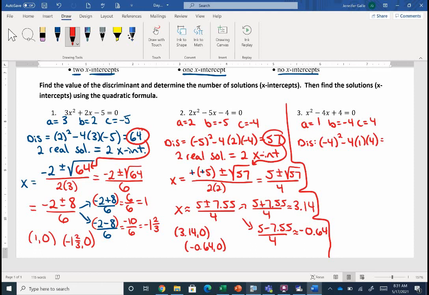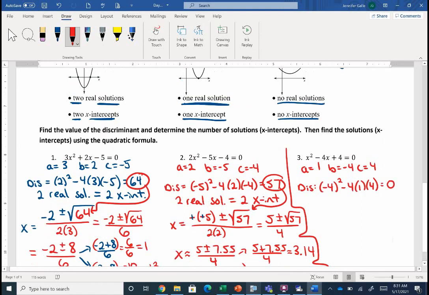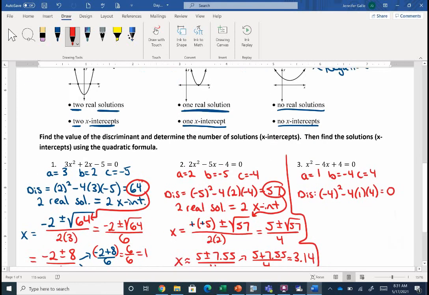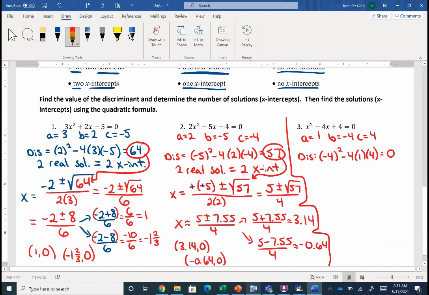All right, so what are we coming up with for our discriminant? We're getting a 0. Now, I know sometimes you're like, oh, 0, that means we can't do anything. If you need to, guys, you can reference what I have right on your sheet for you. If our discriminant's 0, that doesn't mean we have to stop. It just means we're just going to get one solution. We're just going to have one x-intercept. So we have x equals